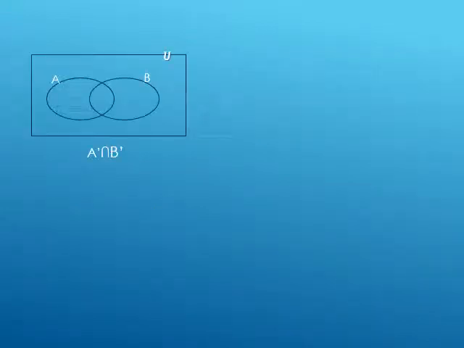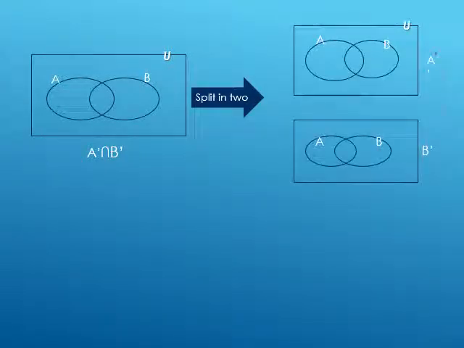The next one is A complement intersection B complement. So this is complicated. So divide this Venn diagram in two sketches. Sometimes it is easier to divide the sketches. The first one A complement, the next one B complement. So in the first Venn diagram we draw not A. It means that this is set A. Not A means that all the elements which are not the elements of set A. So outside A. So draw the lines outside the set A.